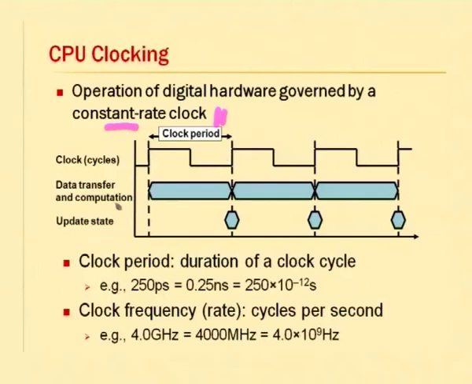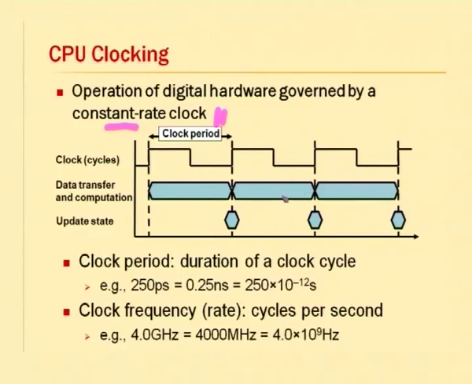If you look at how this clock will be used to control things on a processor, typically you would say that during one clock cycle a data transfer or a computation may take place. Next clock cycle another data transfer or computation may take place, next clock cycle another one, and so on. And it is in between these clock cycles that some updating of state, latching of values, or writing of values may take place. So we use the clock period to determine when certain actions will take place.